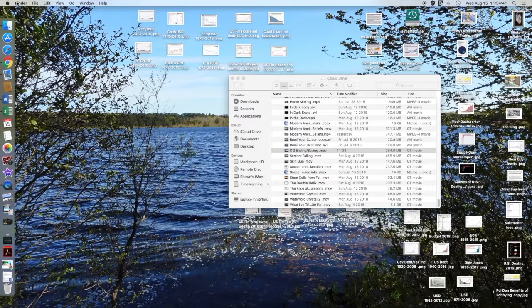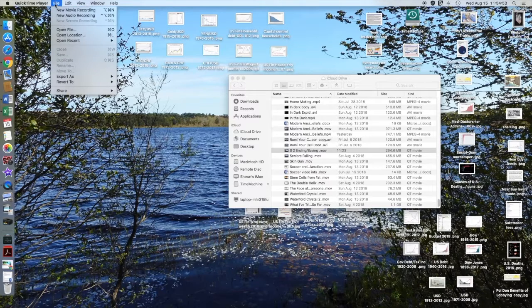You see it switches here, and you've got to have QuickTime up there to operate the program. If it weren't already running, this new screen recording would be an option, and that's how you click on the